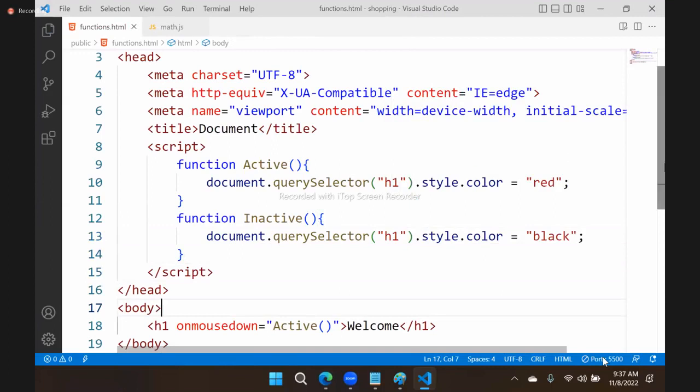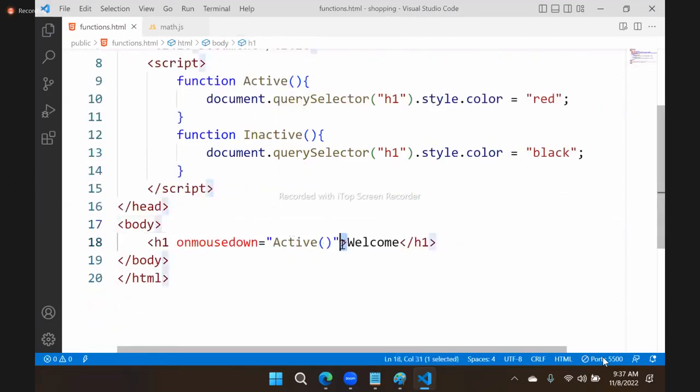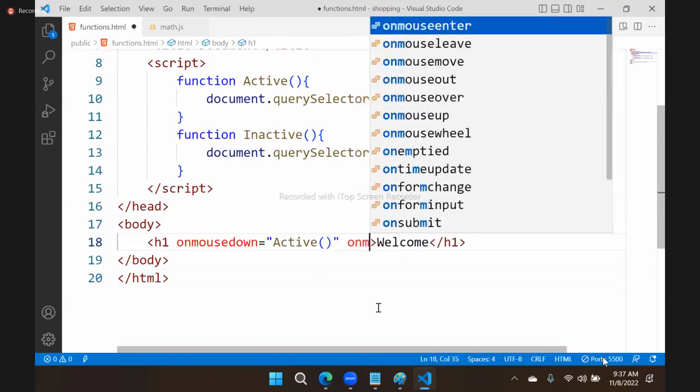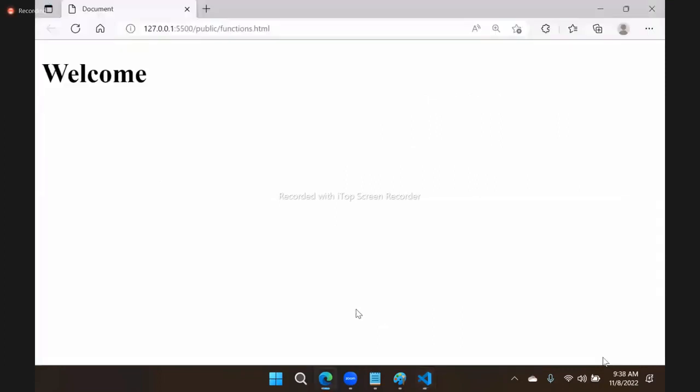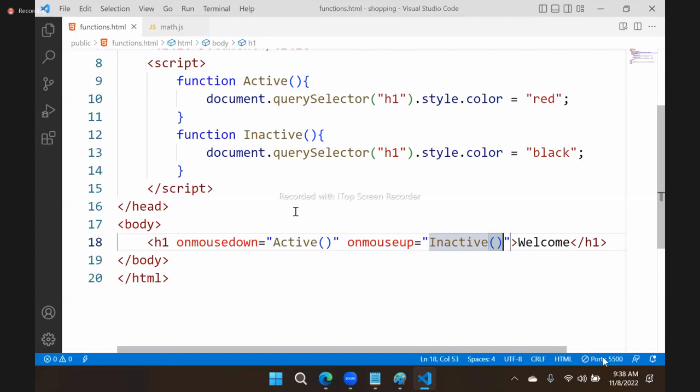And we have to write another event, onmouseup, which calls inactive. That means when I move the mouse onto it and hold down, it becomes active, and when I release, it becomes inactive. Now this is a very lengthy process. We have to write 2 events, 2 functions,